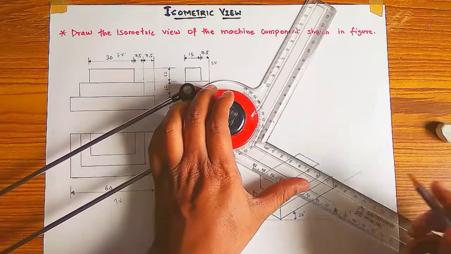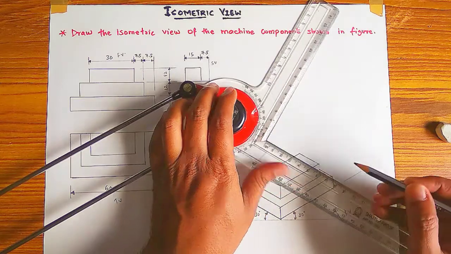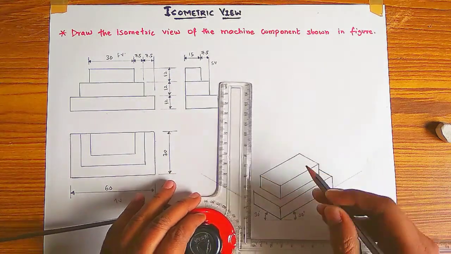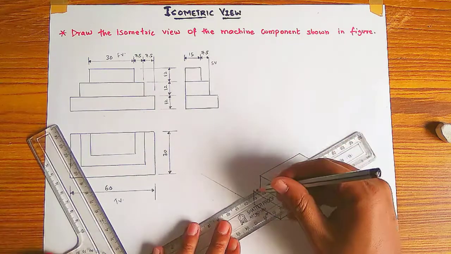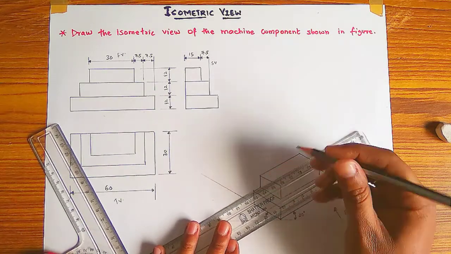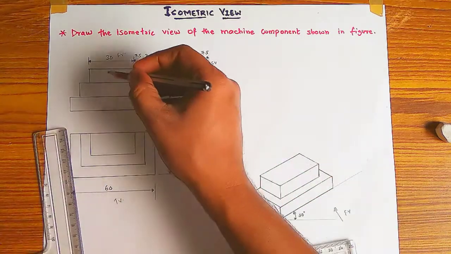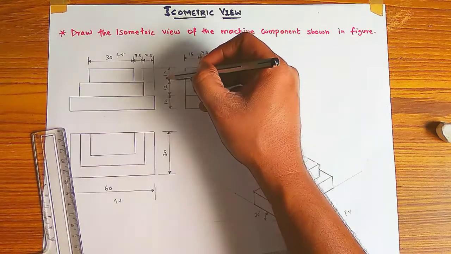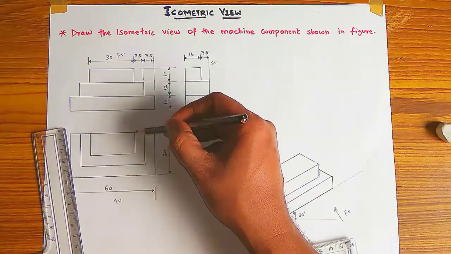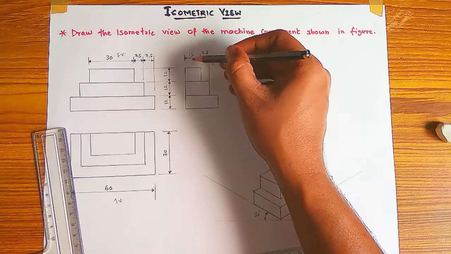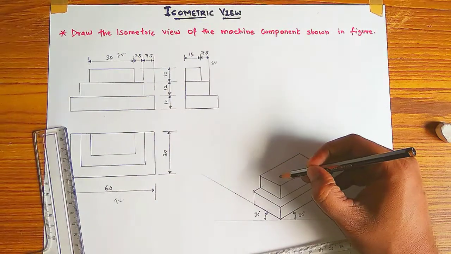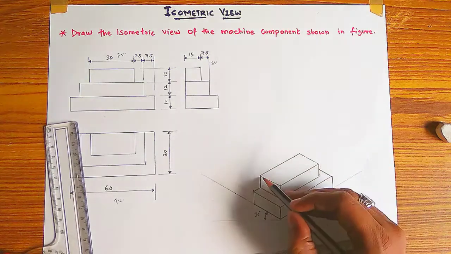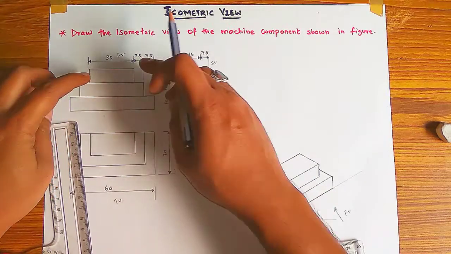Okay, then dark this line also. You will have a clear view of this figure. Now for the third step, the third step has 30 mm width and a height of 15 mm, and its width in the front side we are giving 15 mm, and this one will be 30 mm. So the distance between these two plates is 7.5 only.